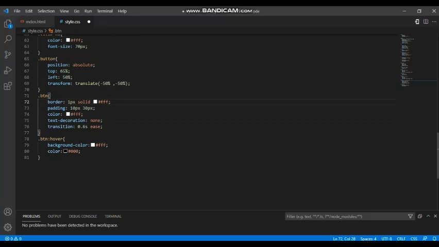And the last for class button, however, when we put our mouse on the class, we're gonna see a change of color in the background to white, and the color of the text is gonna be